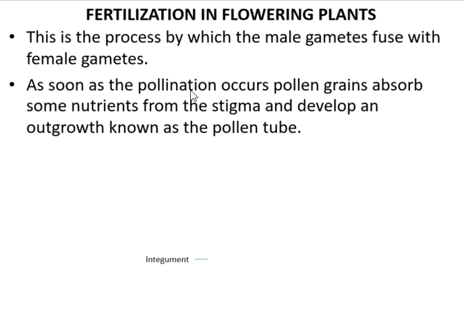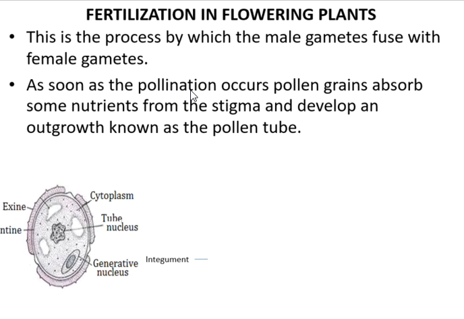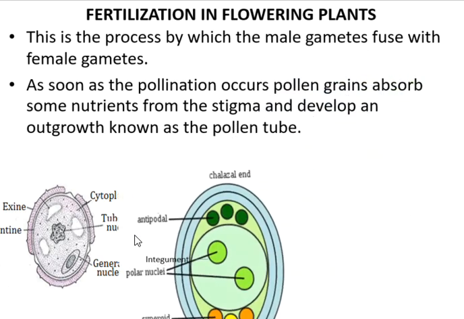Remember, we said pollination, the pollen grains will land on the stigma, and the stigma produces a sticky substance which enables the pollen grains to stick, and they absorb the nutrients from the stigma cells or tissues and develop into an outgrowth called the pollen tube. And before we explain the process of fertilization, we must know the structure of